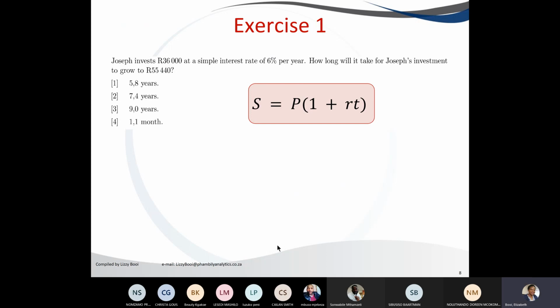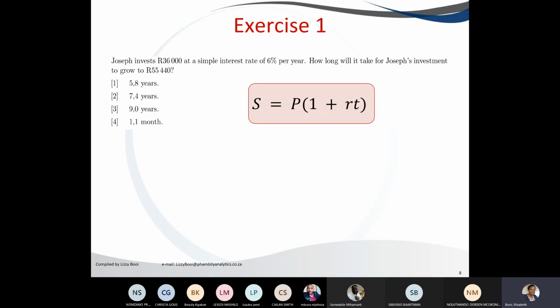Joseph invests 36,000 at a simple interest rate of 6% per annum, or per year. How long will it take for Joseph's investment to grow to 55,000? The question,